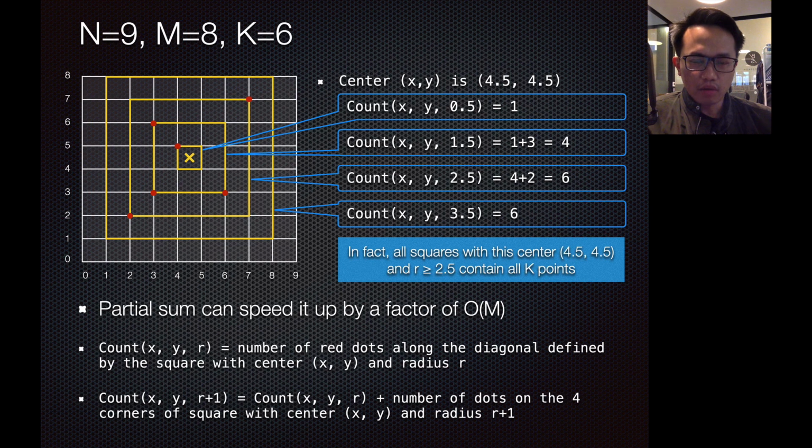But for now, you don't even need that to score subtasks 1 to 6. So use partial sum and optimize the pseudocode that you had before, and then score all 78 points. And next time, in the next class, we're going to look at how to build the full solution to this